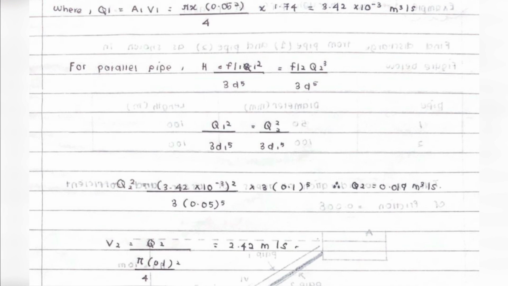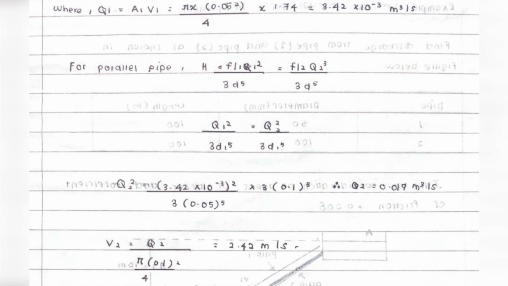Q2 squared equals 3.42 times 10 to the power of negative 3 squared divided by 3 times 0.05 to the power of 5 times 3 times 0.1 to the power of 5 is equal to